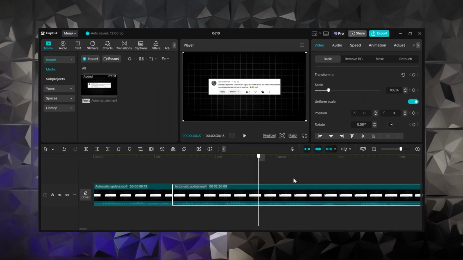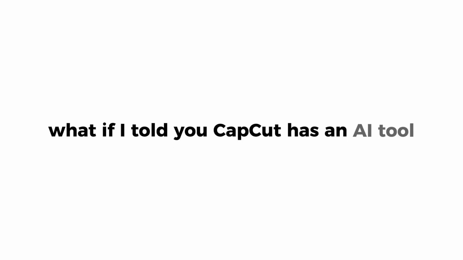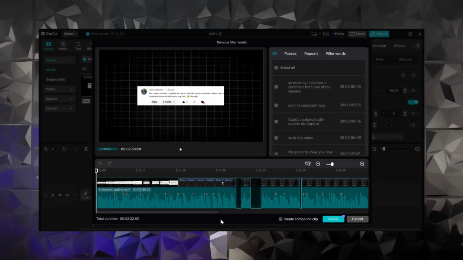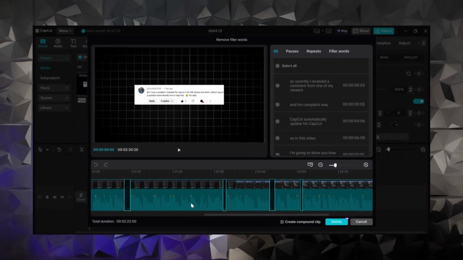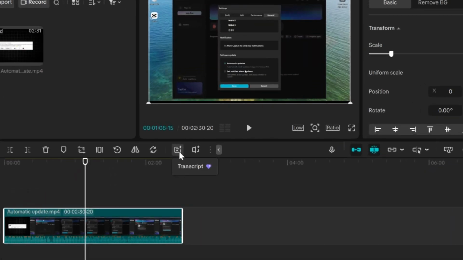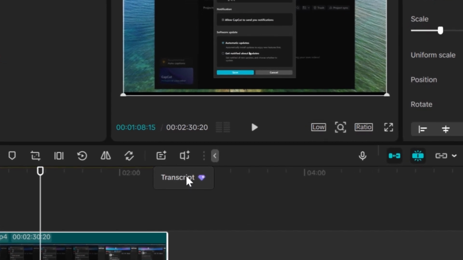Tired of wasting time scrubbing through your video just to remove awkward pauses or dead silence? What if I told you CapCut has an AI tool that can literally read your video, transcribe your voice, find every pause, filler word, and moment of silence and let you delete them with just a click? It's called the Transcript Tool, and it's like having a smart assistant sitting next to you, cleaning up your video